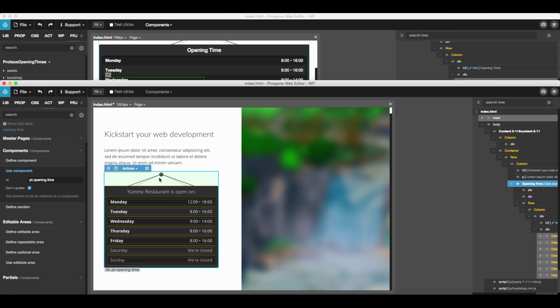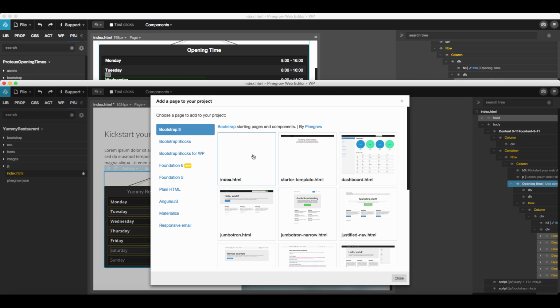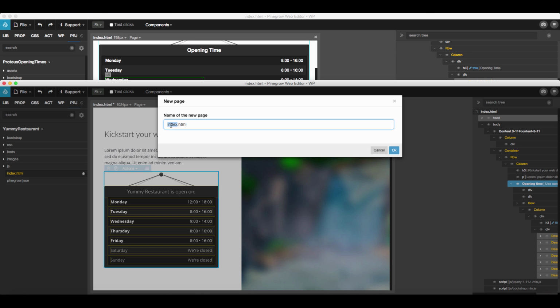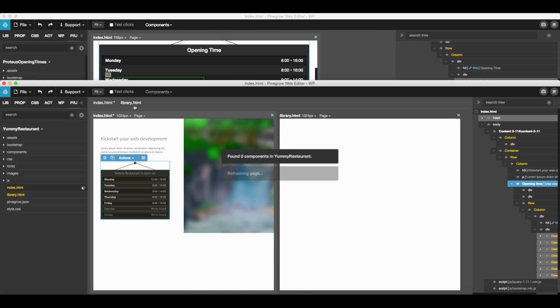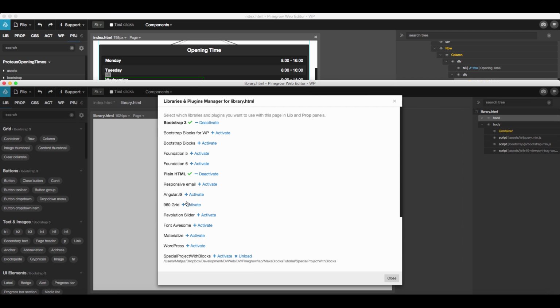And the third way is useful when we want to still keep the component but have it defined within this project. So, for example, let's imagine we'll have 5 restaurants and we will have 5 pages with this widget. So we still want to keep it as a component, but not defined by an external library. So let's create a new page. It can be just a plain Bootstrap page. Let's call it library. Go to the library. And let's activate our